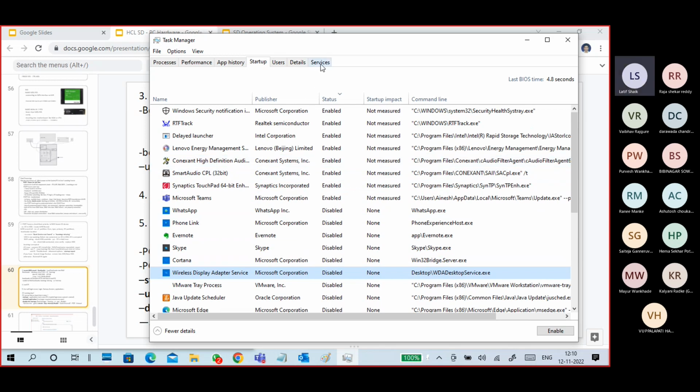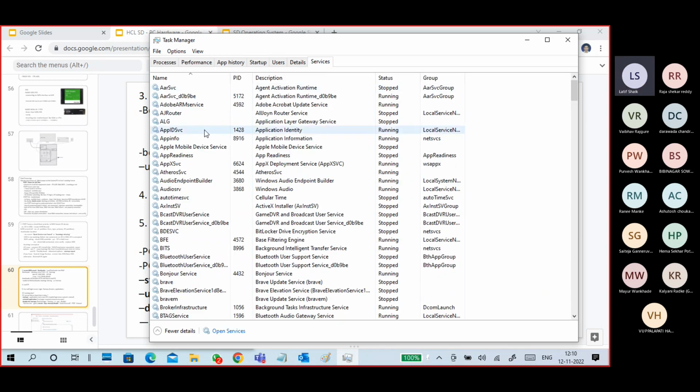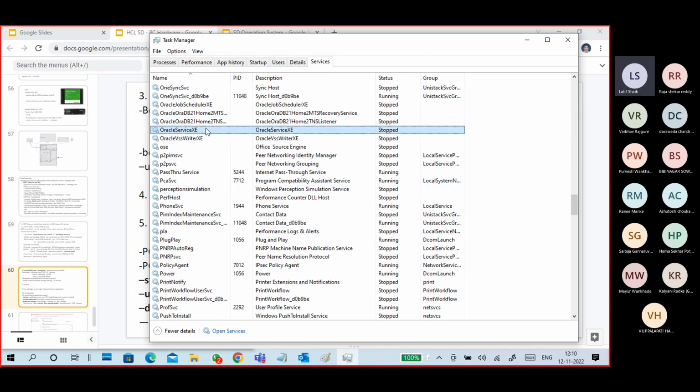Okay, so what is it? The second one is services. I'll show you one service. This is my Oracle 21C application. Currently it is stopped because I stopped it. If it is running, okay,